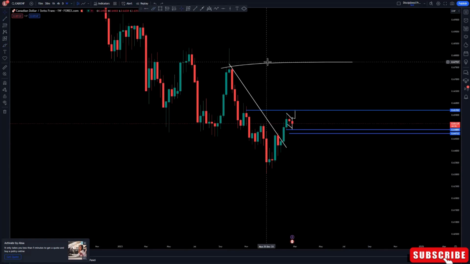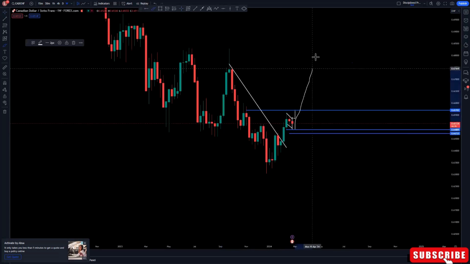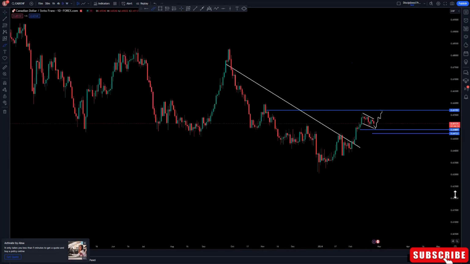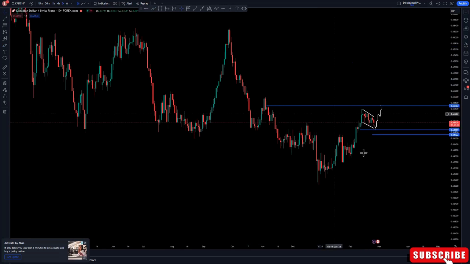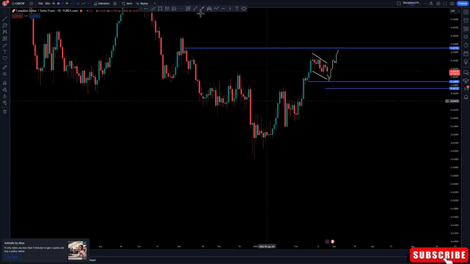or, if it doesn't do that, then it would most likely push further up to the upside. So that's what I'm looking at on the weekly time frame. And then we're just going to erase that now. Like I said, we have this high, and also here,